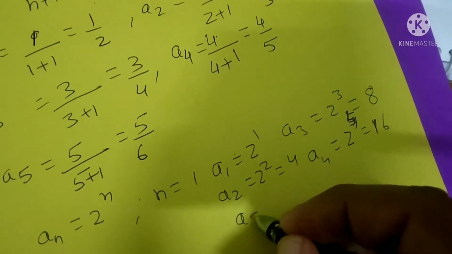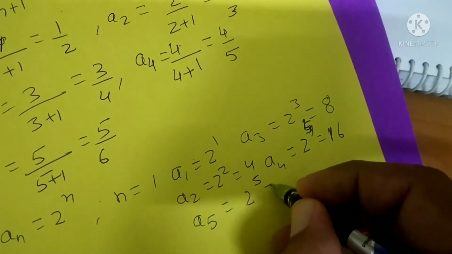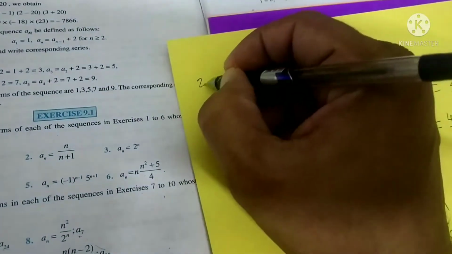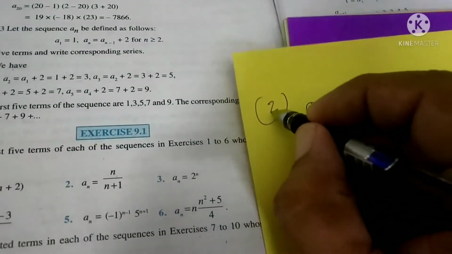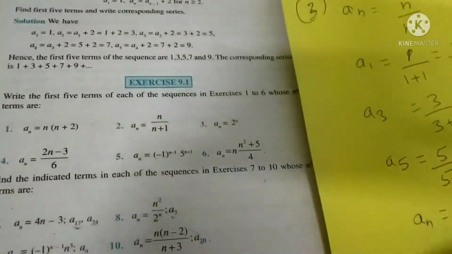And the fifth term will be 2 to the power 5 is equal to 32. So this was the second part, second question. इसका third था ये. And the fourth one is an is equal to